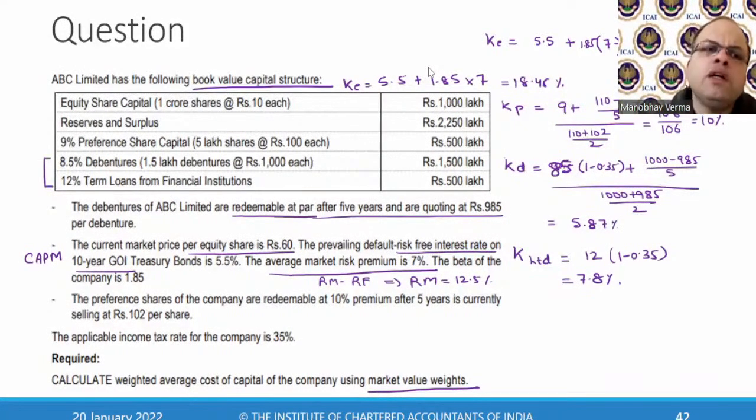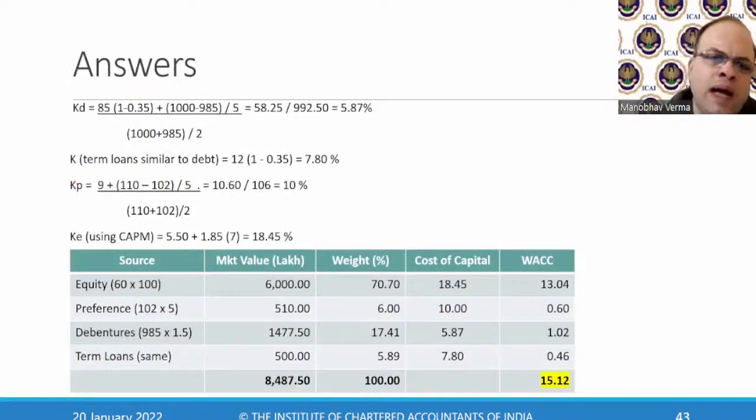Guys, the cost of the long-term loan, 7.8%, is clear to everyone. 12 into 1 minus 0.35. 12% is given to us here. So that's 7.8. So guys, once you have these with you, 5.87,